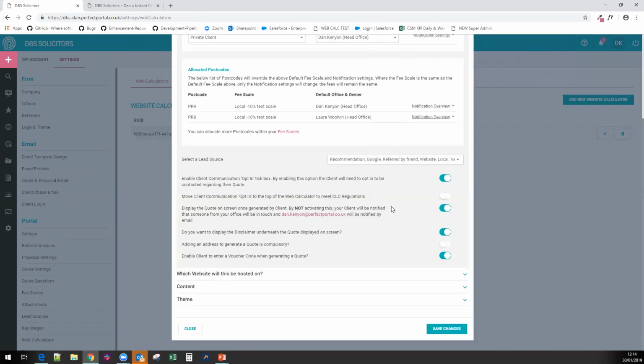And lastly, the CLC regulations is this additional box, which will be enabled once the opt-in tick box is also enabled, which is this one. And the big difference here is that the CLC insists that the client shouldn't have to provide their own information in order to obtain the quote, which if we now leave that enabled and then save those changes,